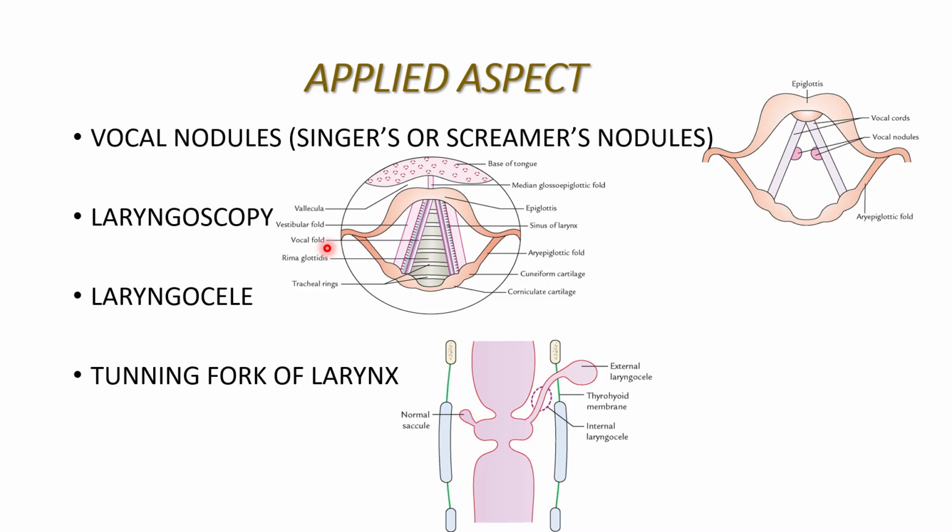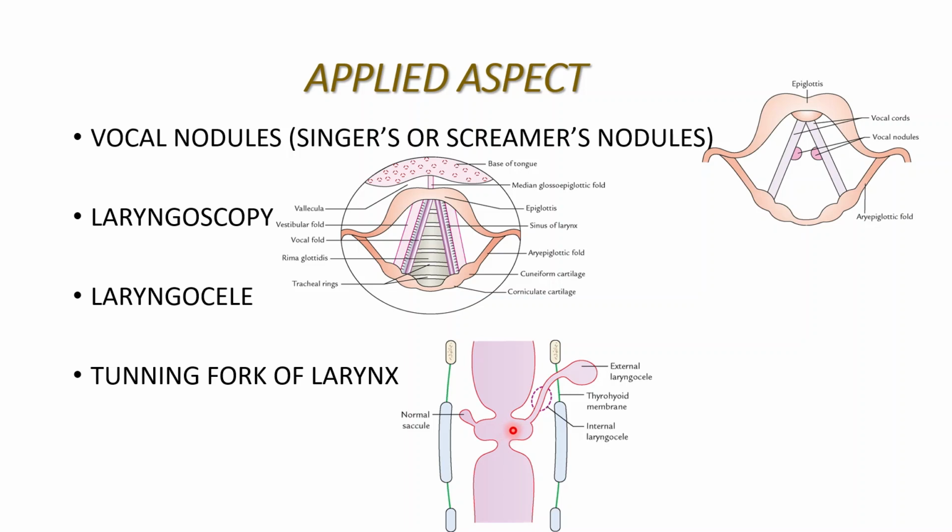There is one more condition which is called the laryngocele. This laryngocele is mainly seen in persons like weightlifters or trumpet players, wherein the air pressure in the laryngeal sinus is raised too much. In such individuals who are mainly involved in blowing exercise, when the air pressure in the sinus of the laryngeal cavity is increased,